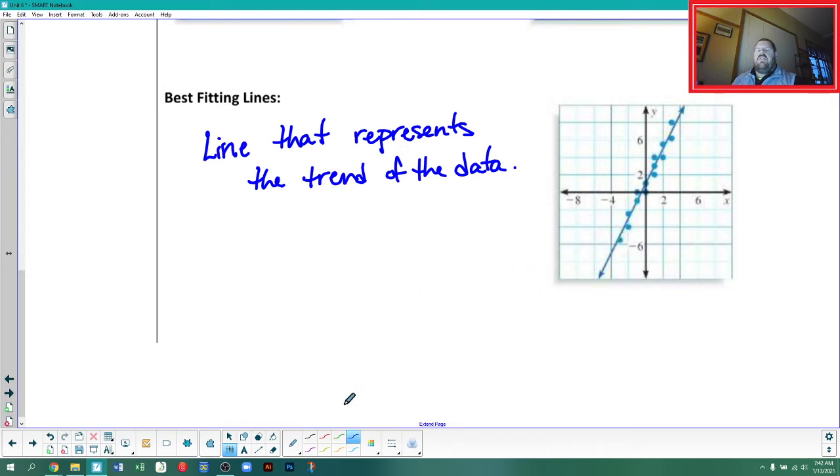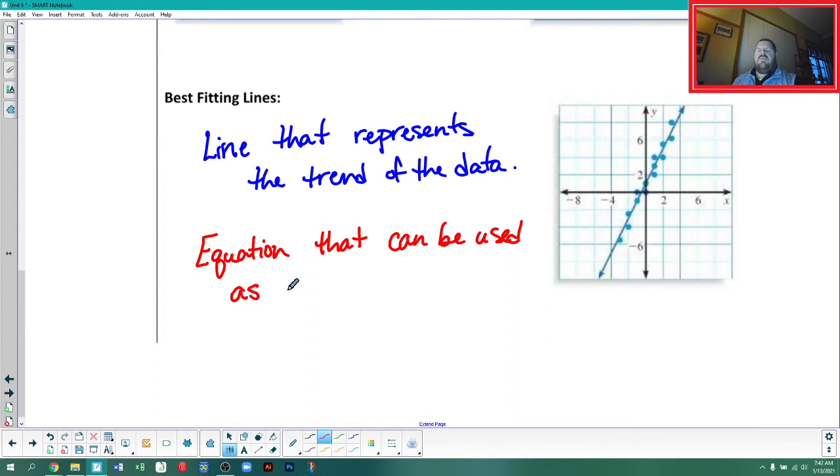Once we have a line, we can write the equation. So the important thing here is that we can find an equation that can be used